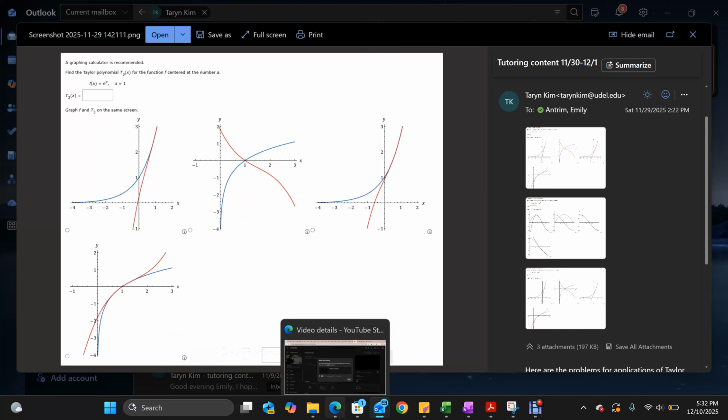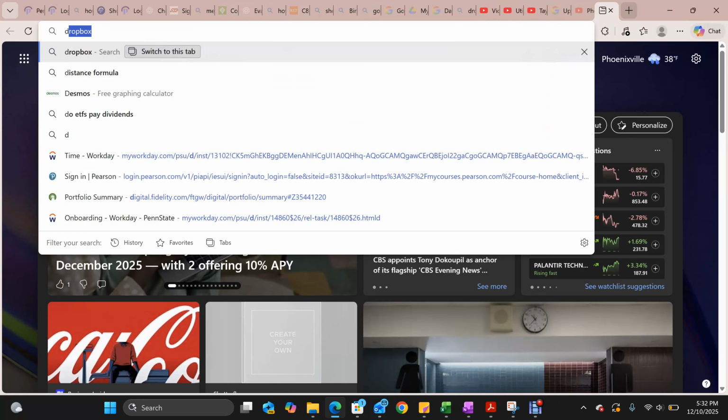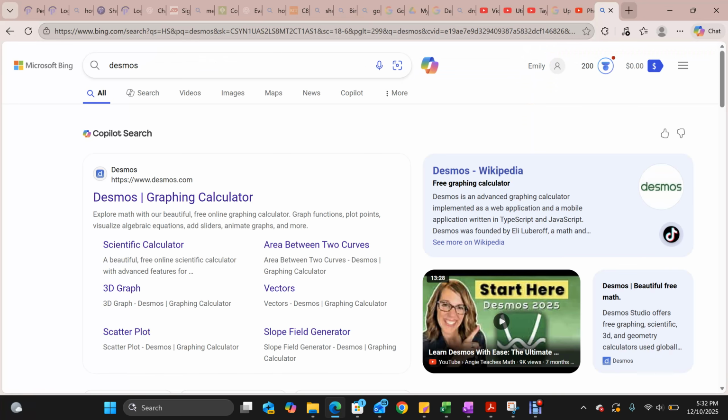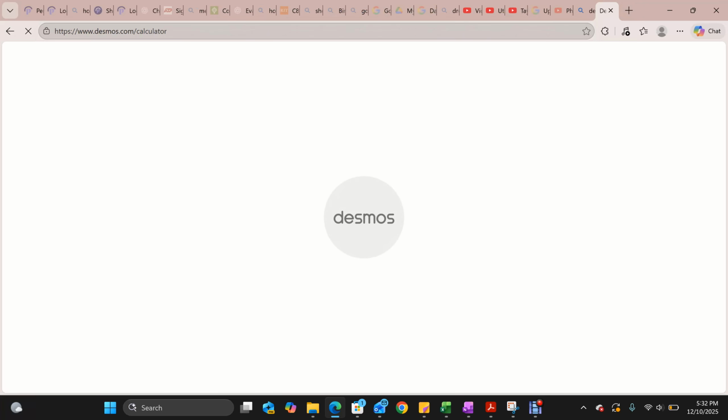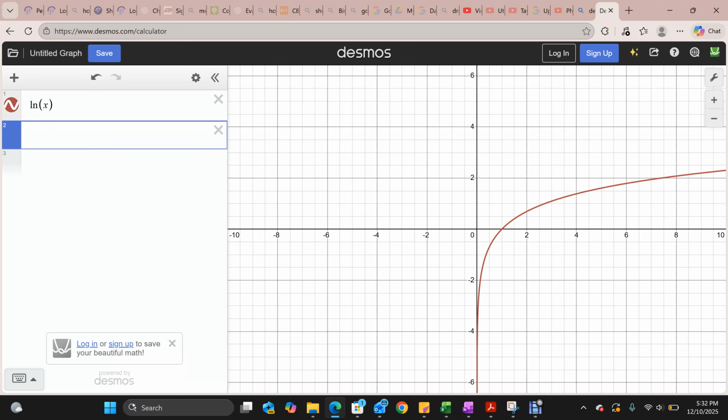Okay, so now we are going to go to Desmos to graph what we just walked through in the last video. This very first one is going to be ln x. So this is ln x as our function, and then what we are going to do is just graph our